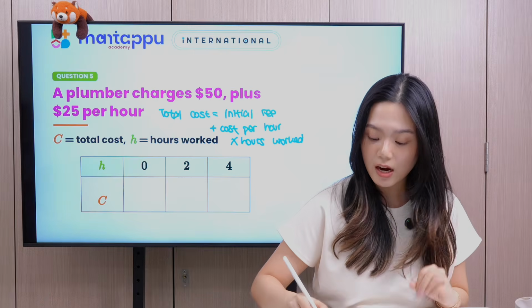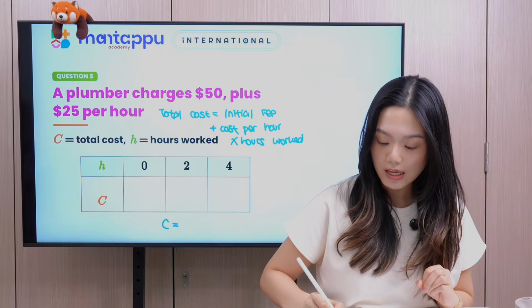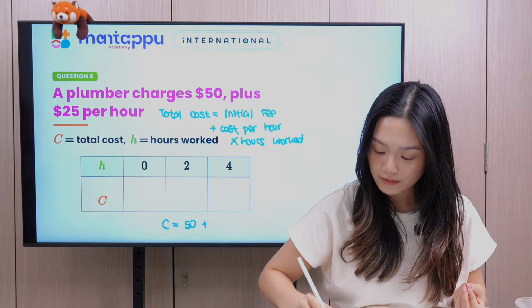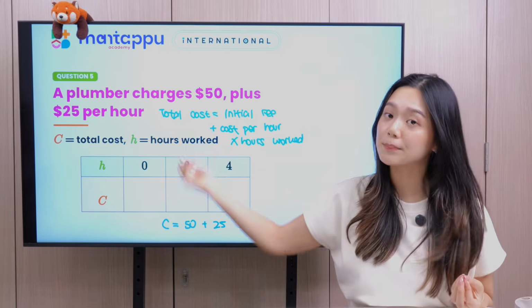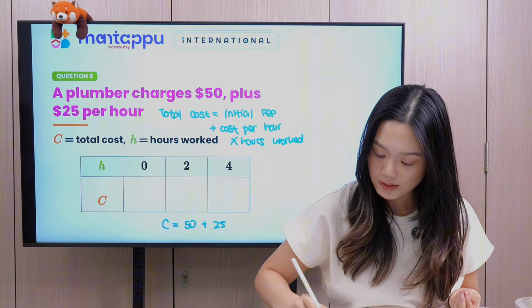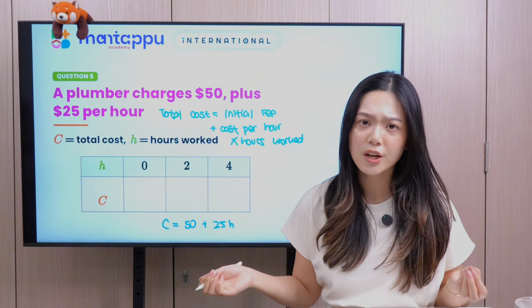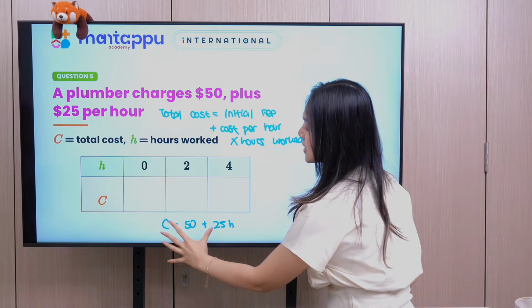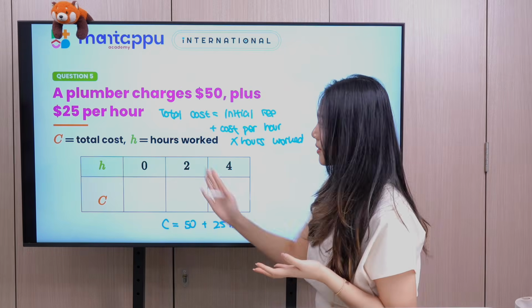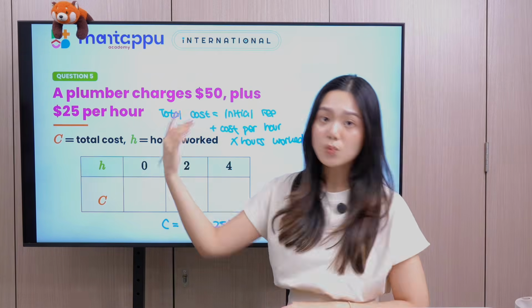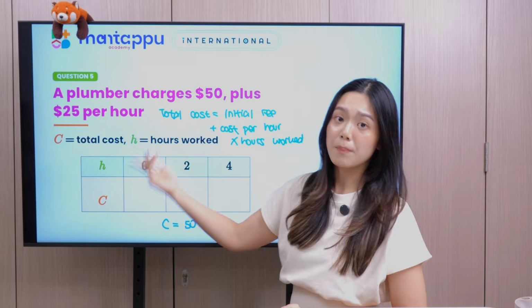So we can say our equation will be C is equal to $50 as the initial fee here plus $25 as the cost per hour multiplied by the hours worked H. So C is equal to 50 plus 25H. Don't get confused here. We don't have x and y, but x and y are just variables like C and H over here. So imagine H is x and C is y